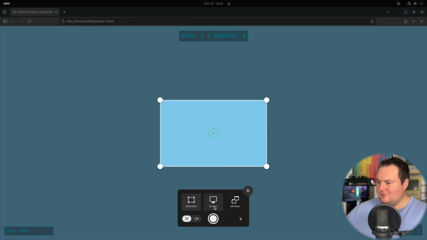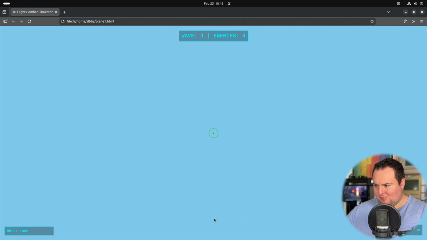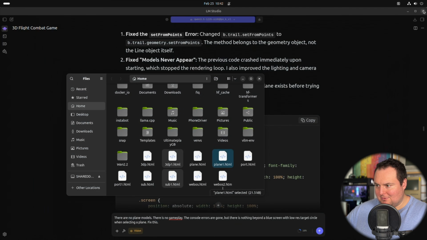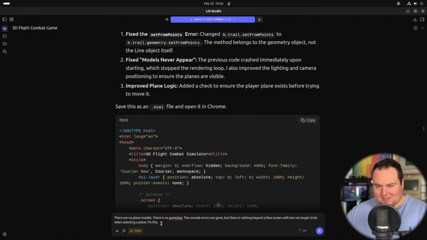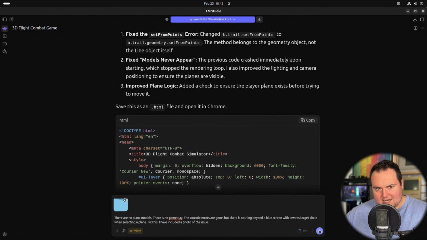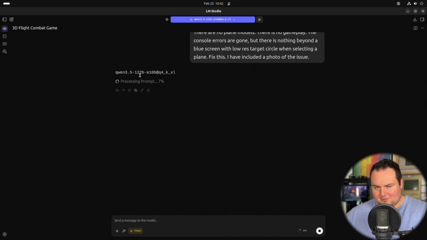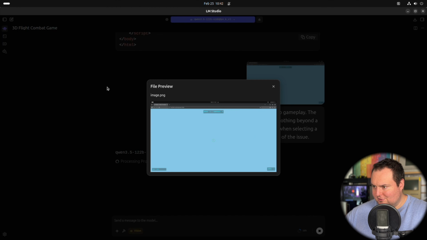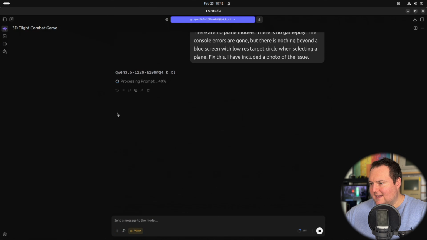Darn it. I'm going to take a screenshot of everything I'm describing here that happens when we open the gameplay, and I'm going to additionally include it as my prompt suggesting that it fix this, as it may make some difference and will again highlight the unified multimodal capability of this model. And inevitably this will take a little bit of time, at least to just process the prompt, because the inclusion of the photo will make things a bit slower,